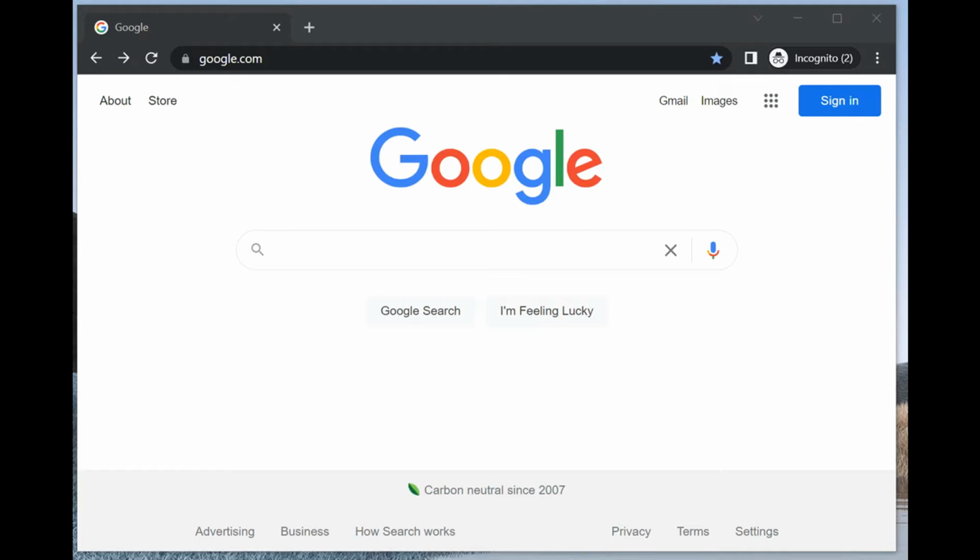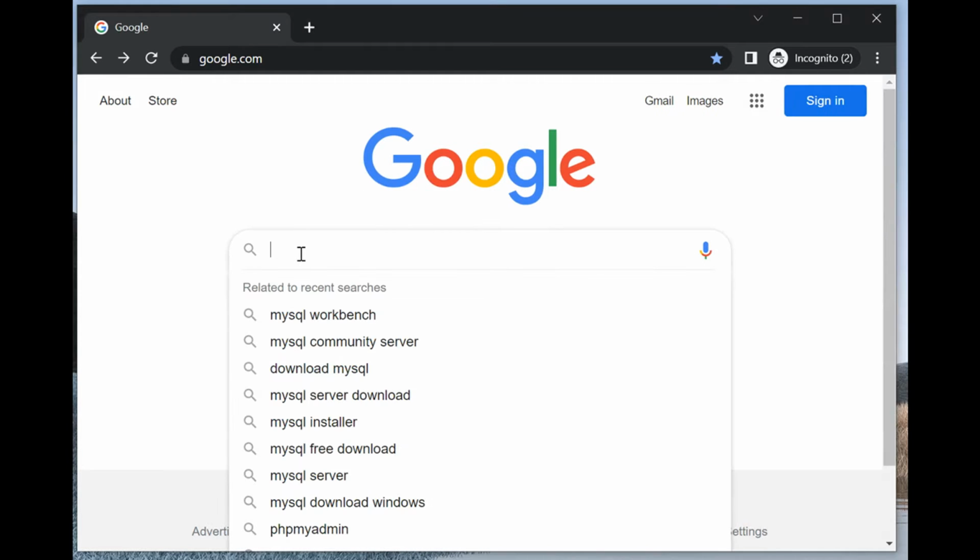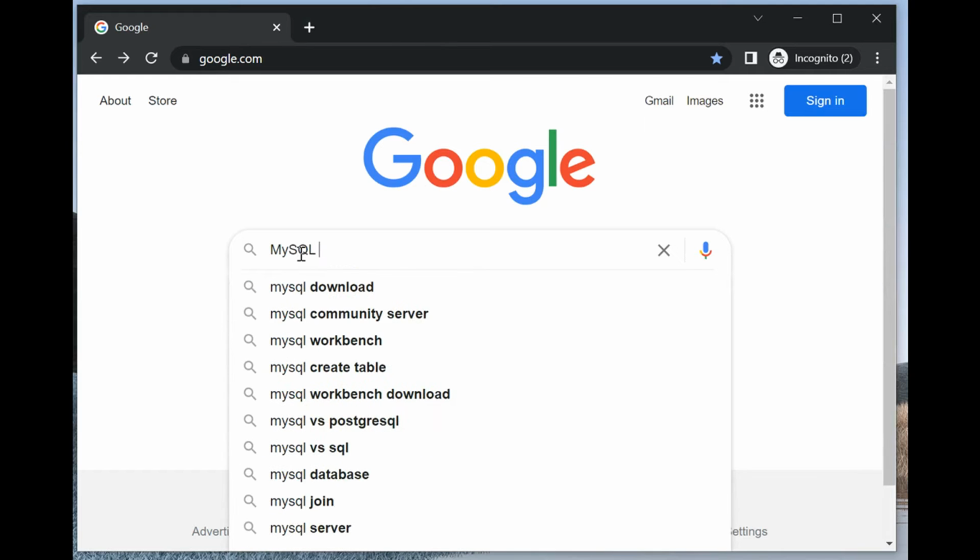We can install MySQL with the minimum installation, but still with full functionalities needed. First, we make sure we don't have old versions. If we do, remove them first. Okay, then we go to a browser and type MySQL download